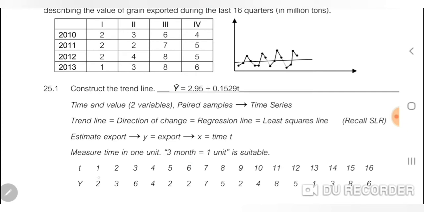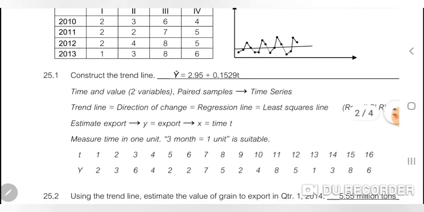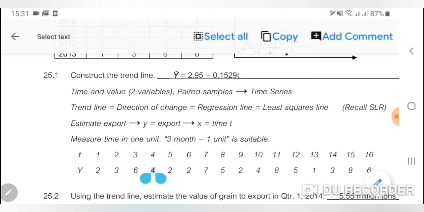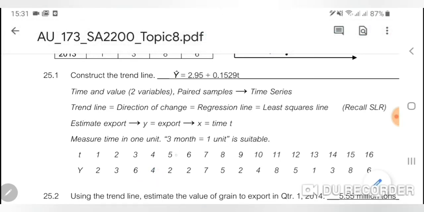So at the end of the first unit of time, after 1 unit of time has passed, we export 2. So, time 1, value 2. At the second unit of time, the export is 3. So, time 2, value 3. After that, time unit 3, value 6. Time unit 4, value 4. After that, after another 3 months, the fifth 3 months,